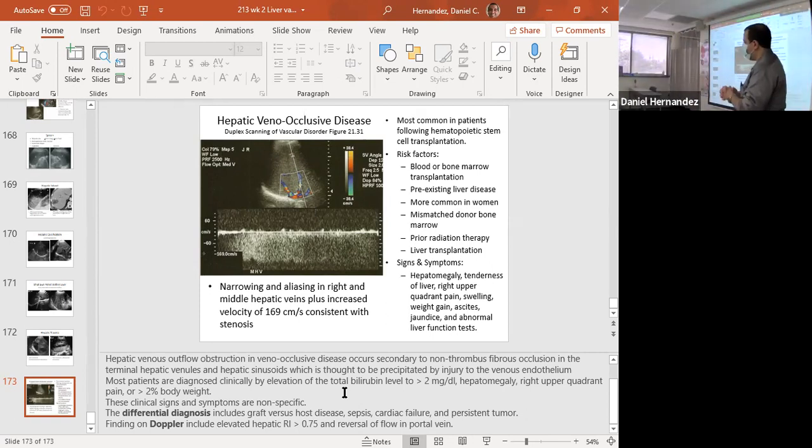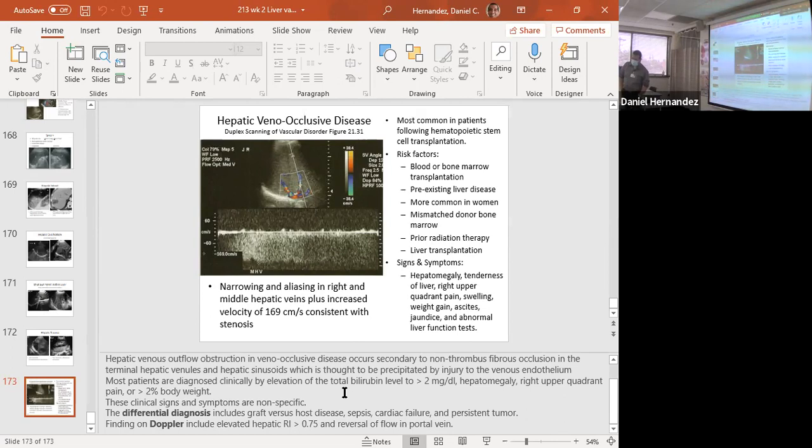Questions about any of this occlusive disease? So the main thing with Chiari is hepatic veins and IVC. Portal hypertension and portal vein thrombosis involve blood flow entering the liver; Chiari syndrome is blood flow exiting the liver. Our TIPS shunt,